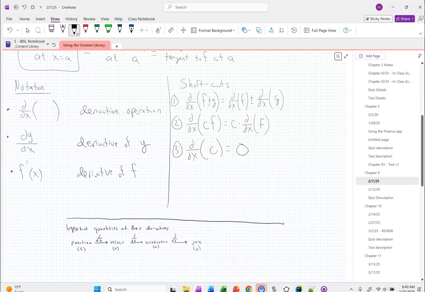The third rule is that the derivative of any constant is 0. And our fourth one